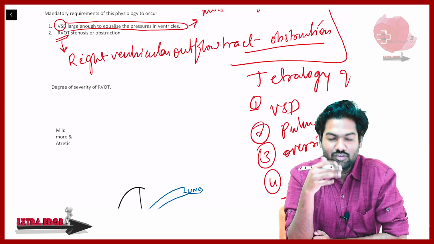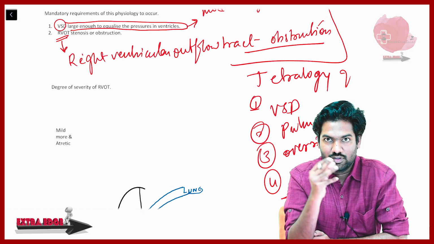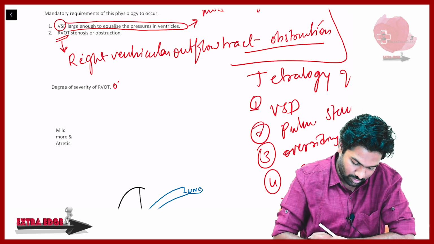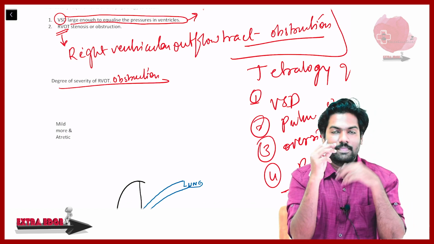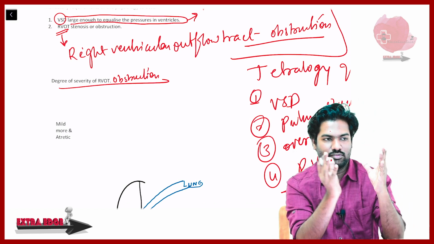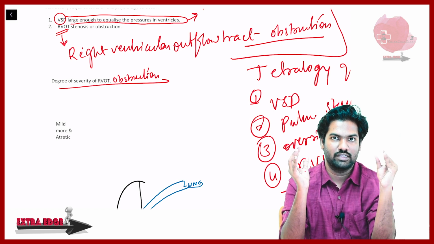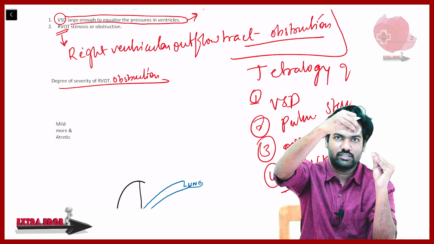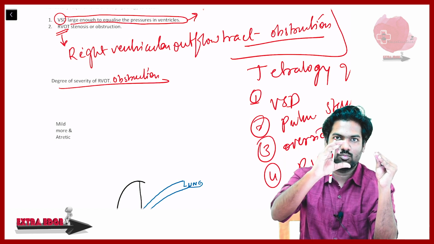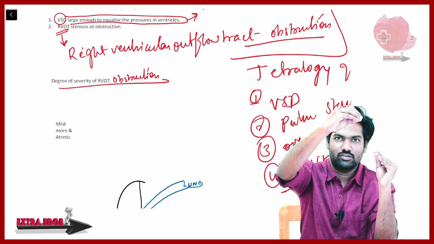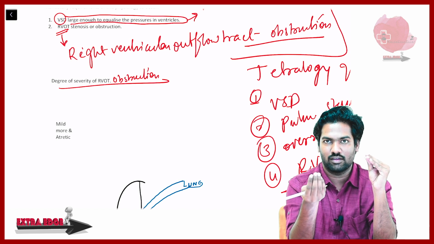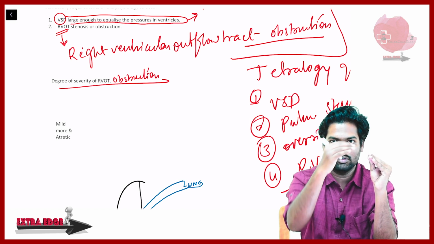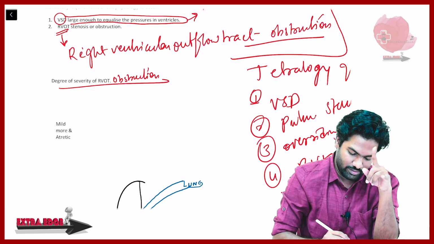Based on the degree of severity of RVOT, or right ventricular outflow tract obstruction, you can divide the cases or scenarios into two. Imagine this is the right ventricle. If it is emptying itself into the pulmonary artery, and the stenosis is very mild, and this is the VSD, a moderate sized VSD. When the stenosis is mild, then the left ventricle output, the left blood, will go to the right ventricle very easily.